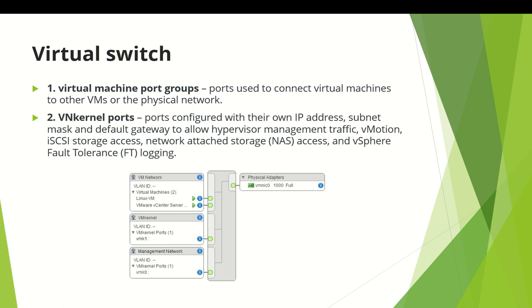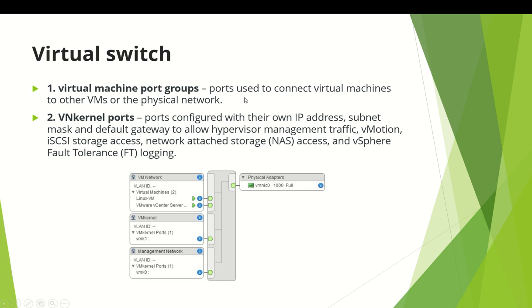A virtual switch is connected to physical switches by using physical Ethernet adapters to join virtual networks with physical networks. So the major role in connecting the virtual machines to the physical adapters is played by virtual machine port